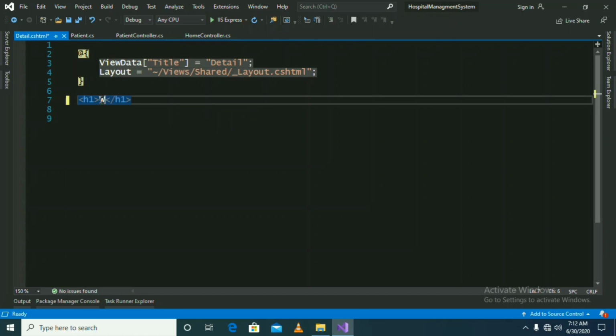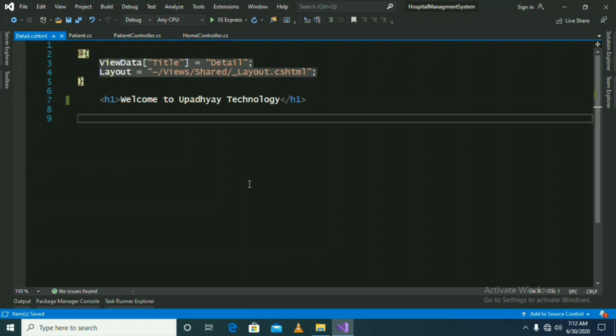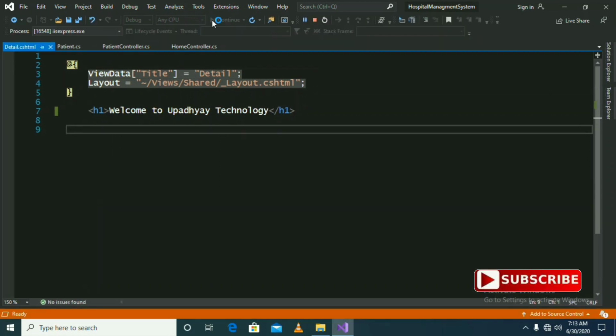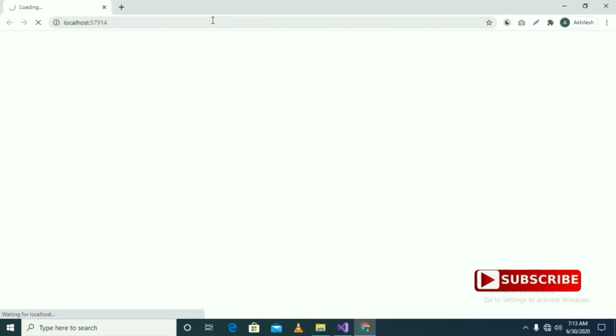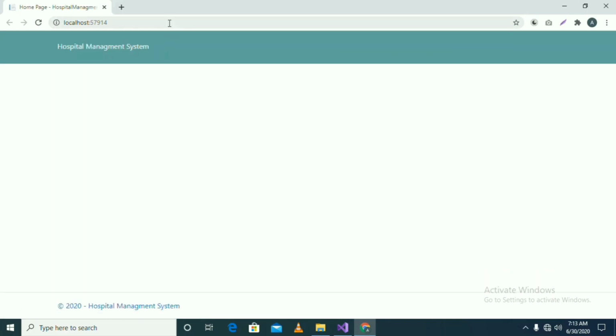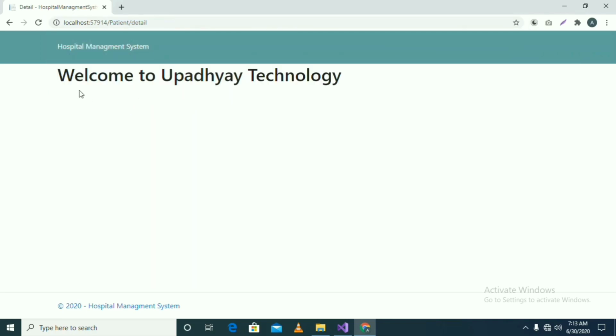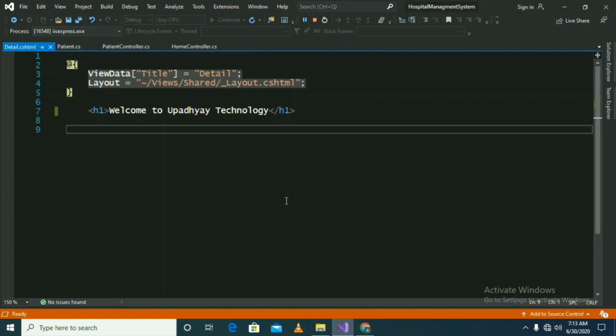I am going to change the text from Details to Welcome to Upadhyay Technology to check whether we are getting these changes or not. Now I am going to execute. Now I am navigating to the patient controller and Details method. Now we are getting Welcome to Upadhyay Technology. So we are getting our desired output.